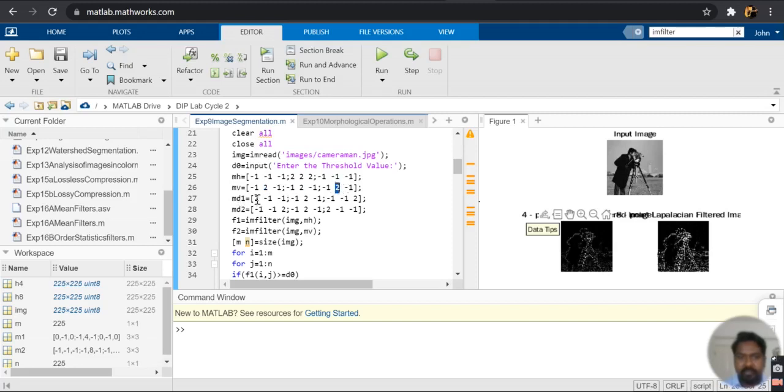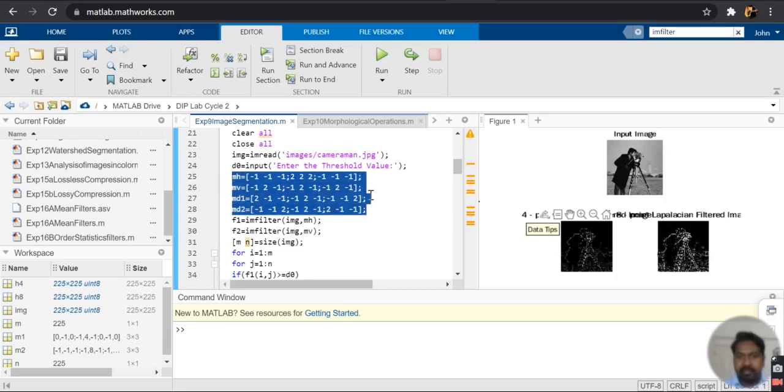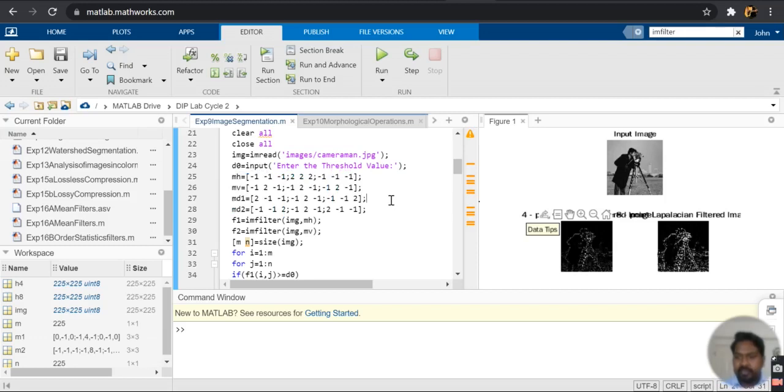And if you look at the diagonal mask, the first value in the first row, the second value in the second row, and the third value in the third row form a diagonal shape, and the inverted diagonal will have the third value in the first row, the second value in the second row, and the first value in the third row with the value 2. So these are the different masks created to segment different types of lines, be it horizontal, vertical or diagonal.